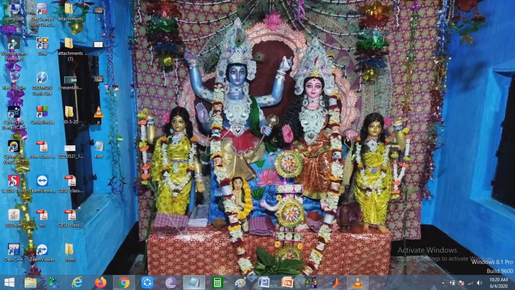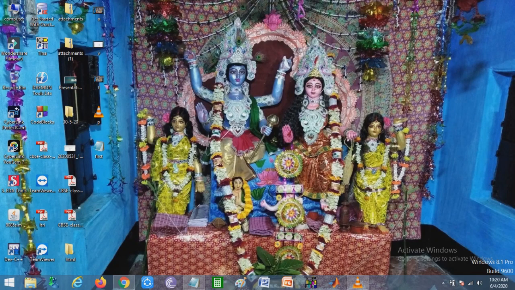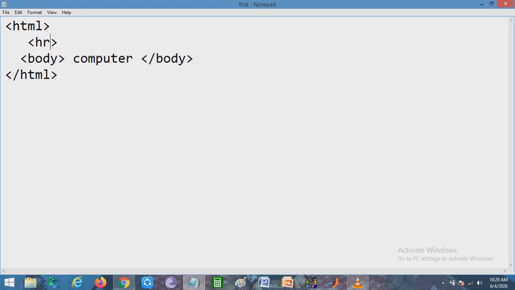The output is computer, and above it is the horizontal rule. So if you apply HR in your HTML code, the output will be that way. So, got how to use HR.